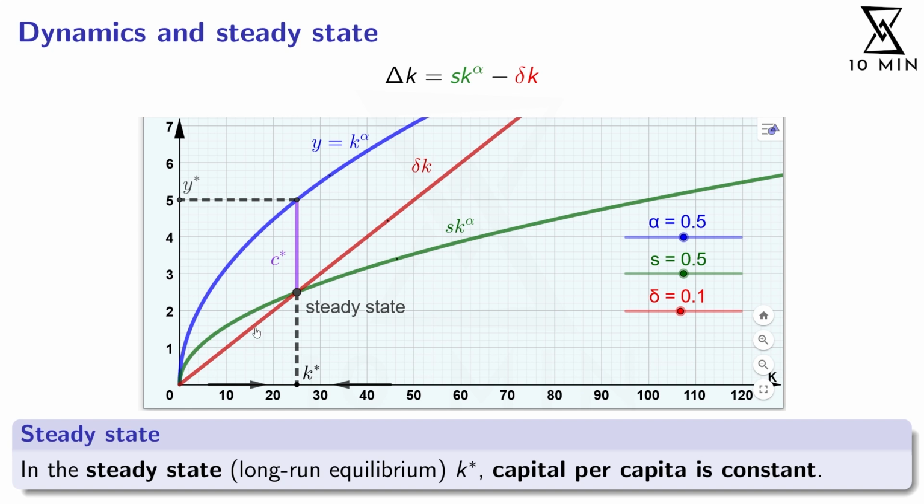But at the same time, we have a depreciation of 10% of the capital that we have right now. So if you still have these 16 units of capital at the moment, 10%, so 1.6, is depreciated. And the difference between both, the 2 units that we save and invest and the 1.6 units that are lost by depreciation, so the difference between the green and the red curve, which is 0.4 in our example, is added to the capital stock. So the next period we would have 16.4 units of capital. And then we look again at the diagram and we see the green curve is still higher than the red line.